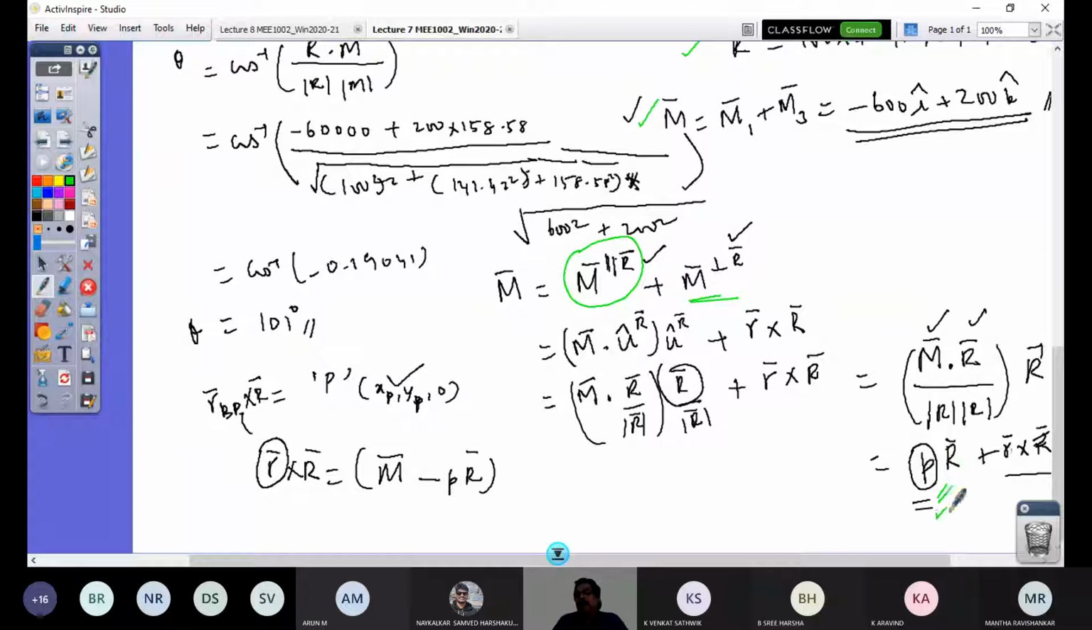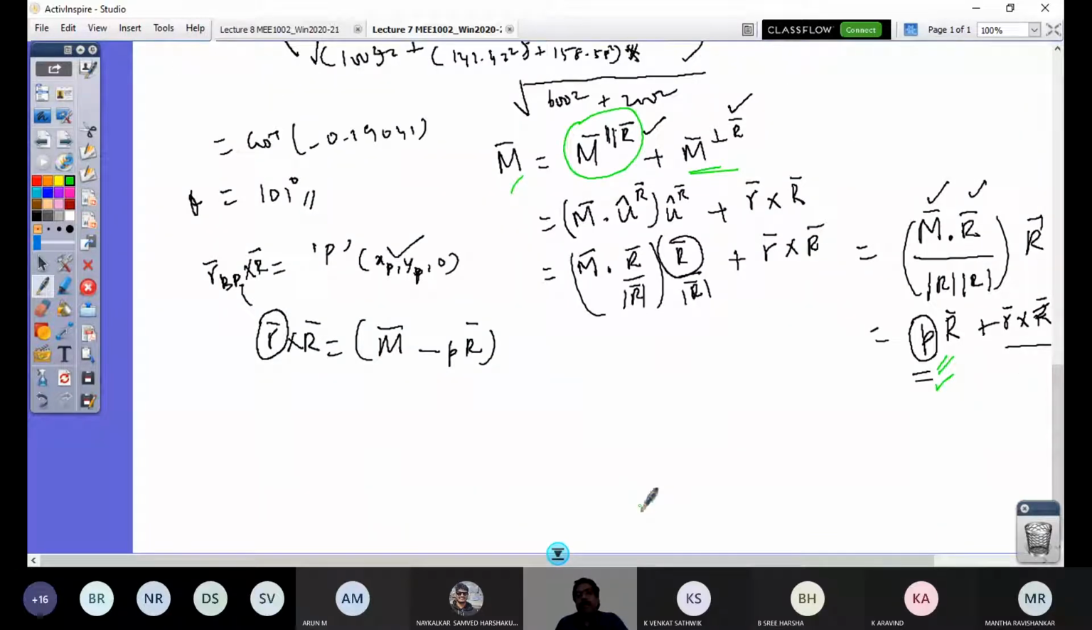So I know this vector now. I know what my couple vector is. So I can find the perpendicular component by the difference M minus PR, and I get my perpendicular component. And this can be further transferred to another new point